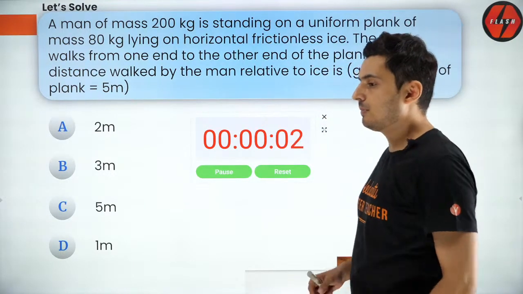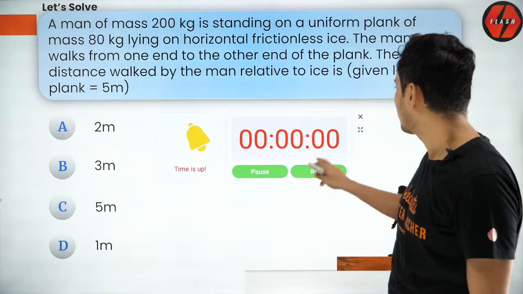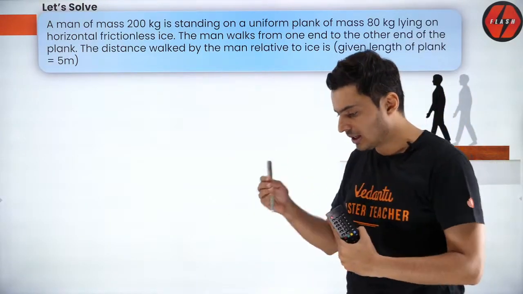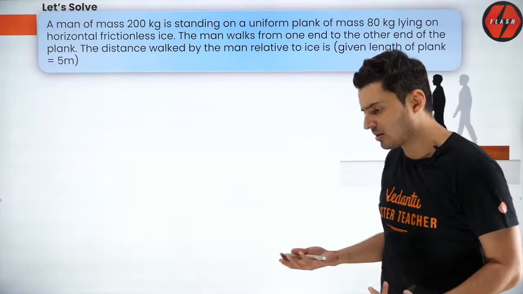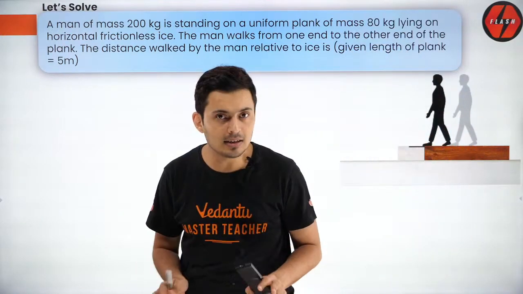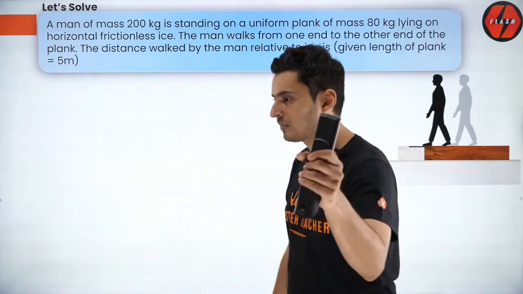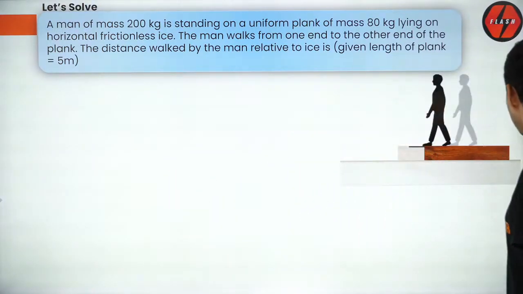No, Krito, it will not depend on the velocity. He goes slowly and stops over there, so it won't depend on the velocity. It will only depend on the initial and the final condition. Even if he walks faster and finally stops, the plank will always end up there because the center of mass has to stay at rest. Alright, very good, Ankit.